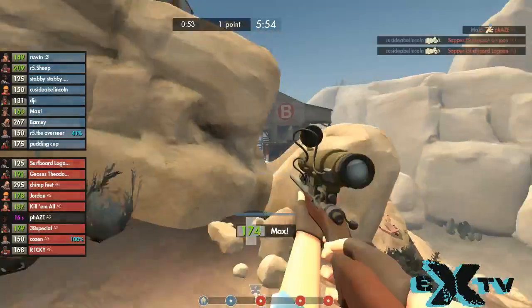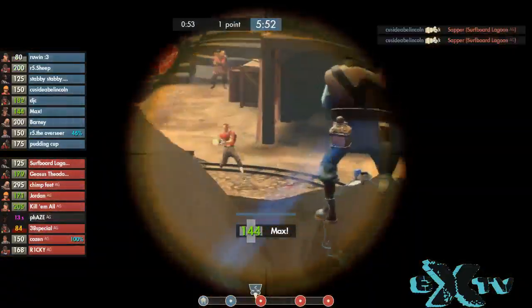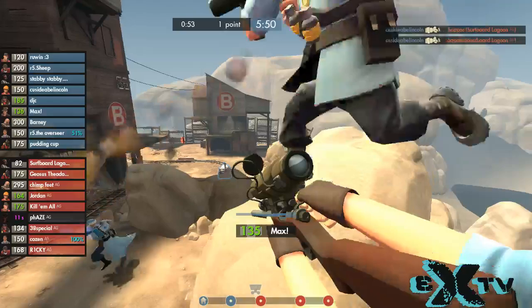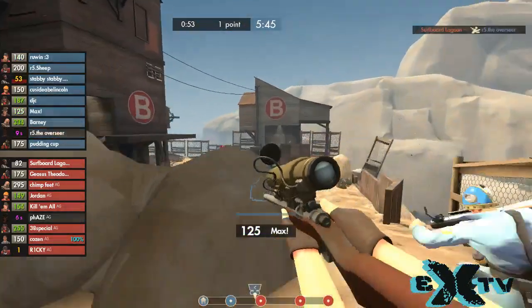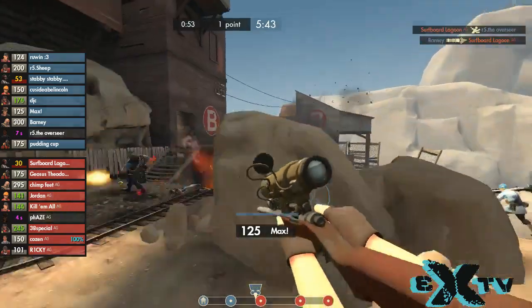Max takes FaZe with a headshot. Yeah, AG is sitting pretty. They can heal up their team, they can get buffs, they can make sure their base is fully set up, and they can counter with an Uber if they need to, so as long as they don't...